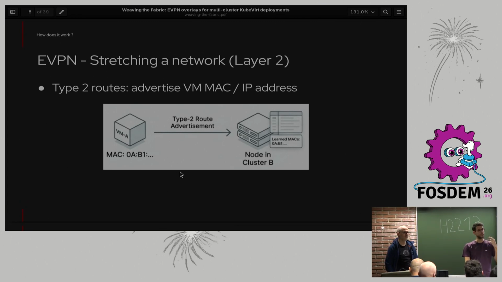is essentially a means for you to register to the entire network, scattered throughout these clusters, that the way for you to reach this MAC and IP address is via this next hop. So you're essentially broadcasting to the network that for you to reach this VM, you need to use this particular